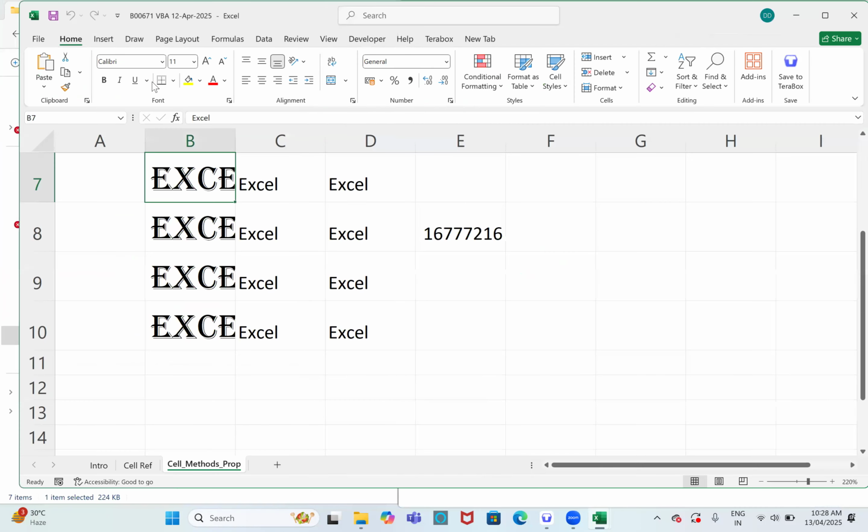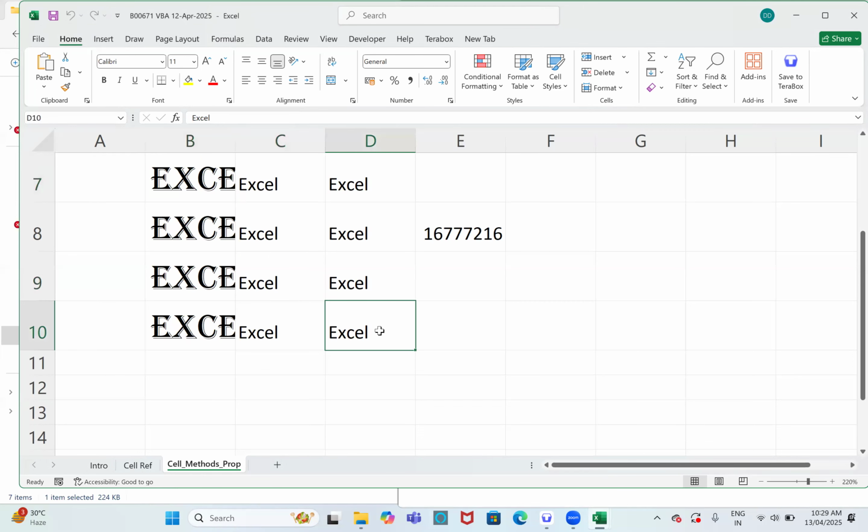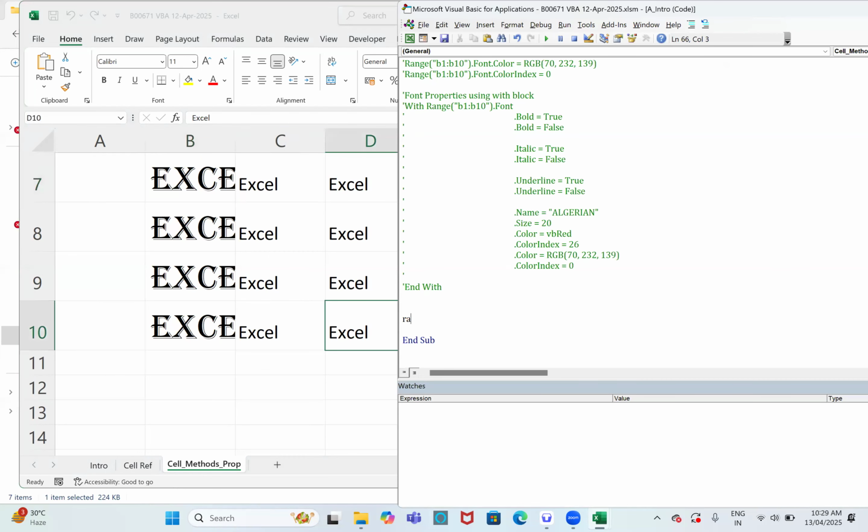Let us see now: font name, font size, bold, italic, underline, font color done. Borders and background color. Borders. To apply borders, Borders is the property. And in borders, you have to give possible borders: bottom border, left side border, right side border. You have some borders, right? Let's apply from B1 to D10. Okay. Range of B1 to D10 dot